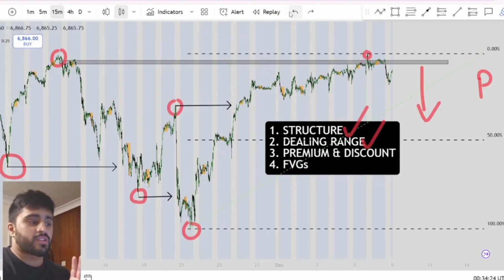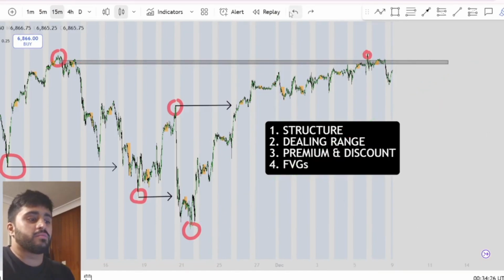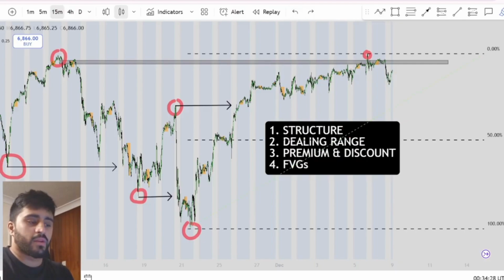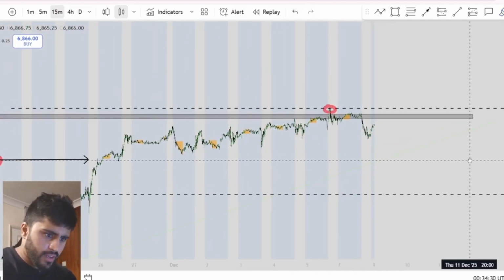So these are the 4 steps that I follow every single day. Once you have these marked out on your charts, it doesn't take you more than about 5 minutes to do. Now from here, when we